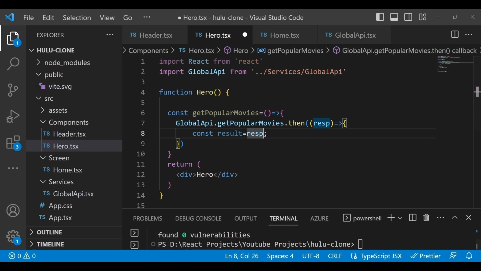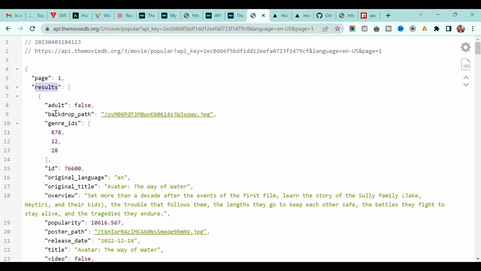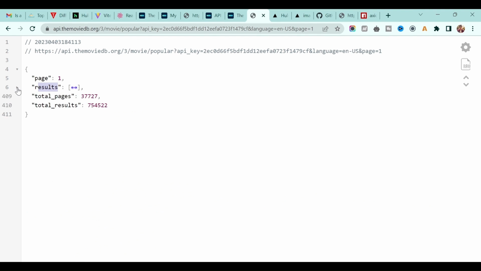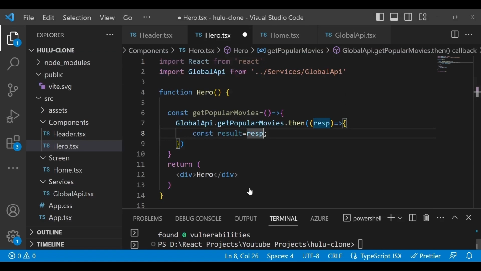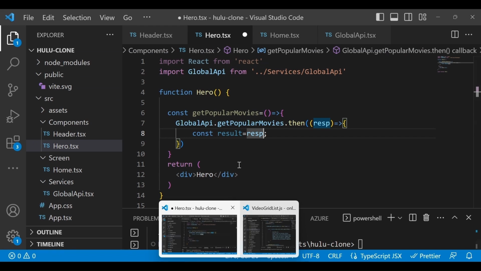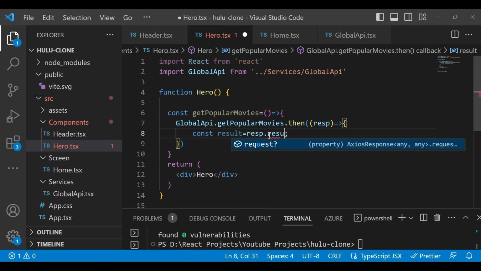If you see this API response, our whole list we have stored in results, a list of arrays, and we have a lot of pages, but we store it in the results. So what you have to do is just type response dot results.